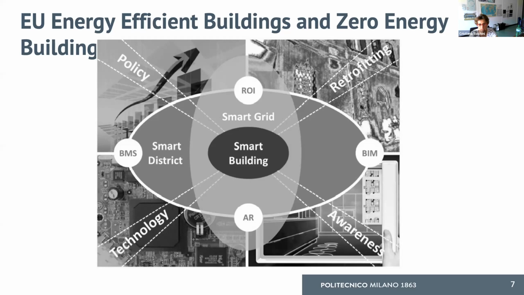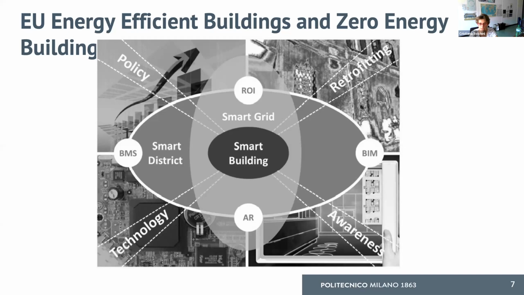Technology and awareness are the two other key elements that help us in trying to be, let's say, more sustainable and efficient. For sure, we need technology on which we can rely in order to collect information on the status of the building and derive and define new strategies to reduce the usage and the costs. Awareness is the other aspect. The user, himself or herself, is the final end user of the energy.